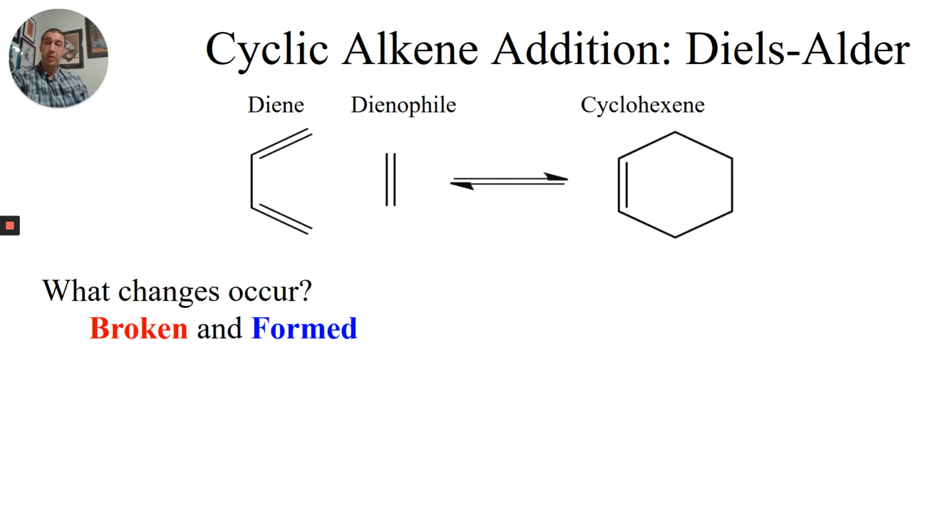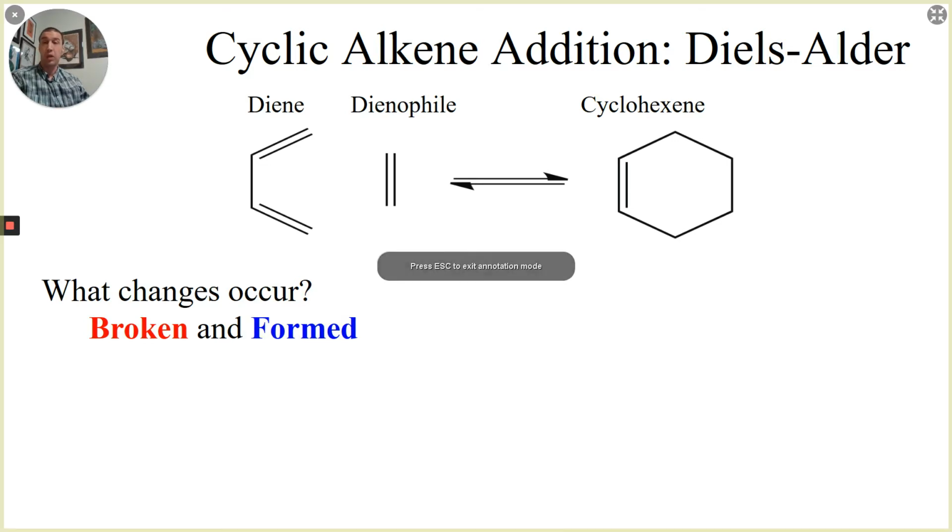So one of the things, as far as pattern recognition goes, that I want you to try and acknowledge and discover as we're going through here is to identify the bonds that are broken and bonds that are formed when we're looking at an overall reaction. So if we were to go through and address this, one of the things that does make it more challenging is trying to acknowledge where these pieces came from and where they went to. So this is the default format for showing the